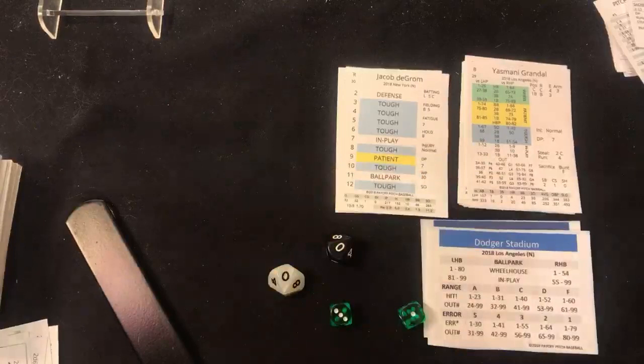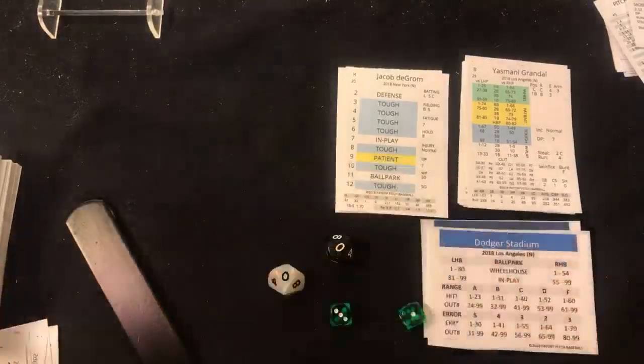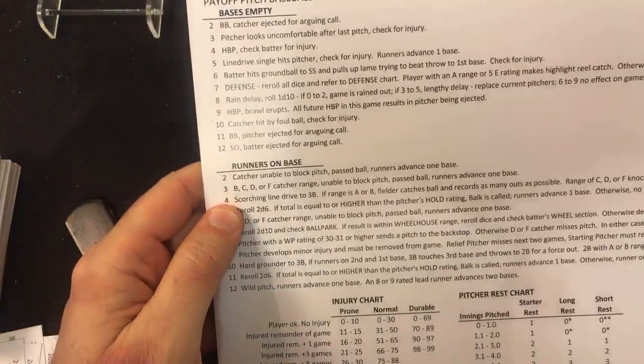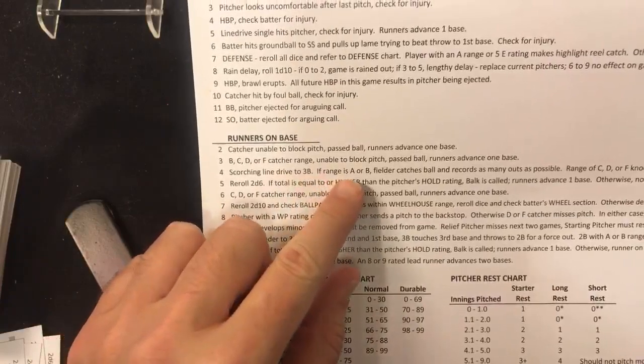And that's a 4. That's a tough 0-0. That's going to be a rare play. Let's see how this plays out. Rare play. We're going to look at the 4. And we're going to look at the rare play chart with a runner on base. Rare play chart. And we're going to look that up here real quick. I'm going to show you. Rare play chart with a runner on base. And we said it was a 4. Scorching line drive to third base. If A or B,